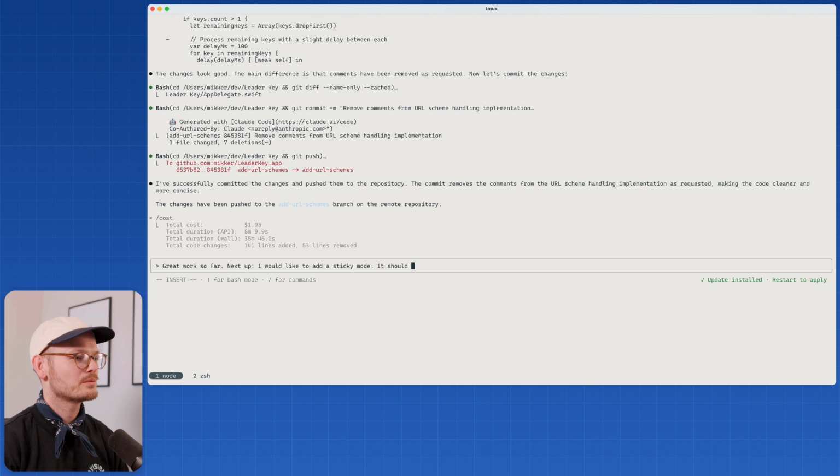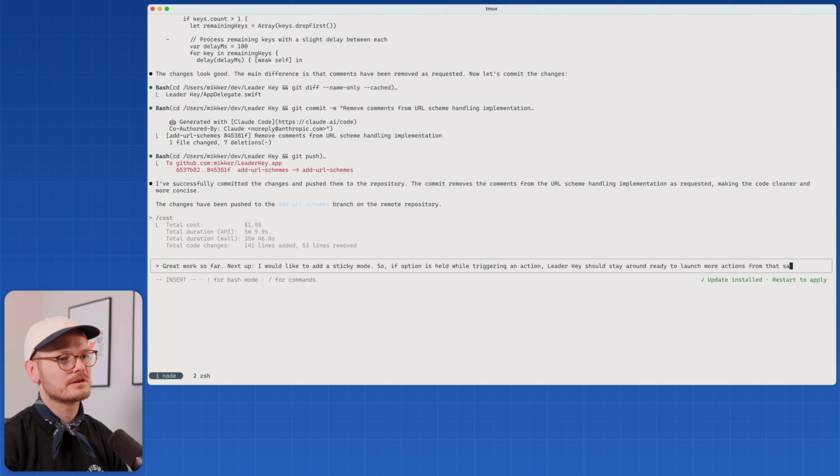It should work so that if option is held while triggering an action, leader key should stay around, ready to launch more actions